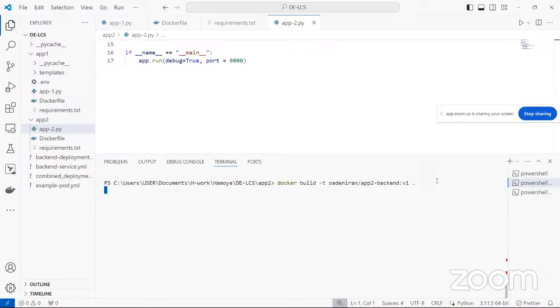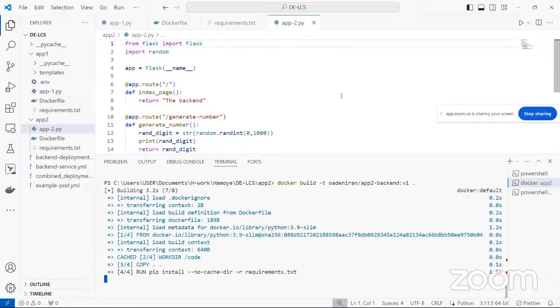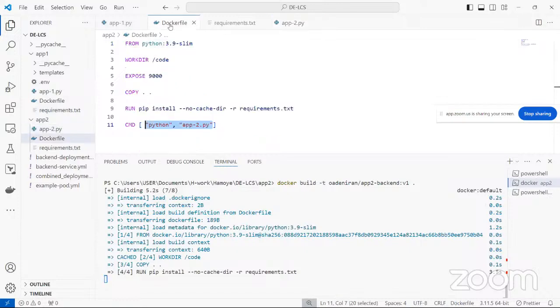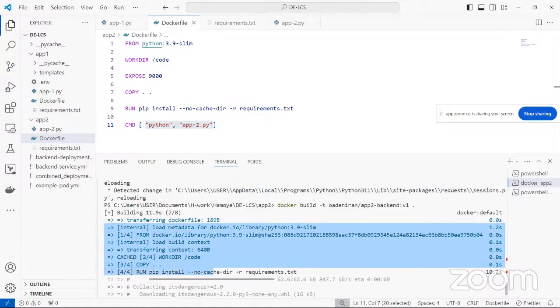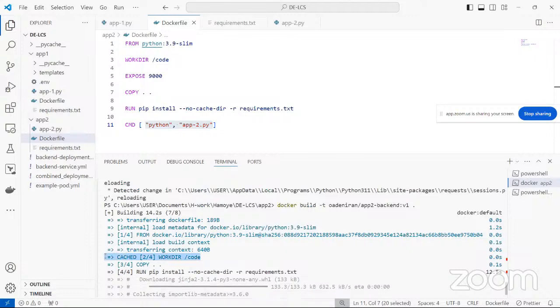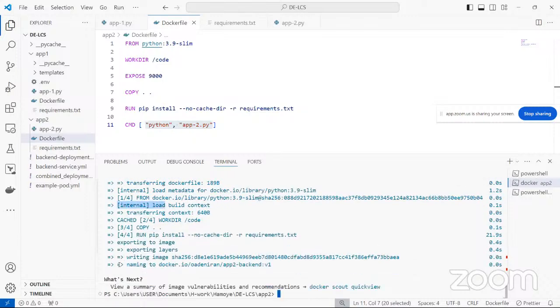So if I run this, the good thing about Docker is that if you are using something exactly the same as a previous Docker file, you can see that now we do not have to do all of those downloads again, because it has cached it. You can see this work directory code, it has cached it. Docker itself automatically tries to create something called cache. So that's one of the ways that you save data,